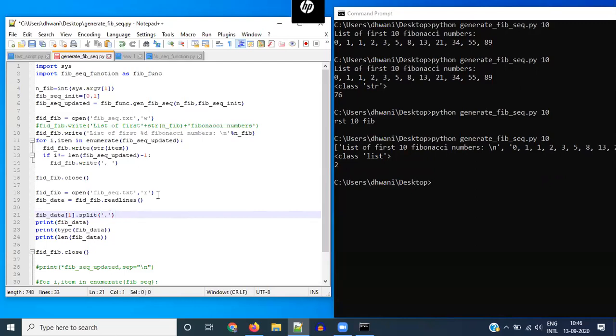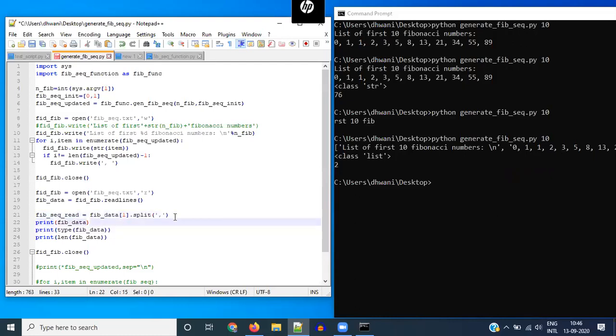Okay, so let's call it fib_seq_red, and so we are indexing fib data of 1 because that's the entry containing all the numbers, and then we're doing dot split and splitting it at every comma. So this fib_seq_red should be a list in which each position, each index contains a separate number. But note that each of these separate numbers will also still be a string.